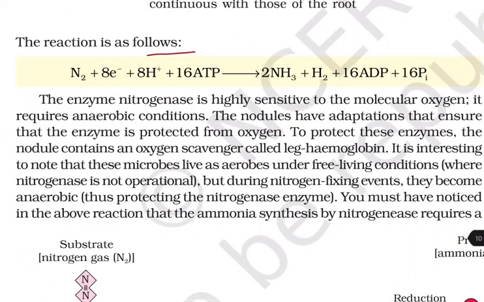The reaction is as follows. N2 plus 8 electrons plus 8 H+ plus 16 ATP forms 2 moles of ammonia plus H2 plus 16 ADP